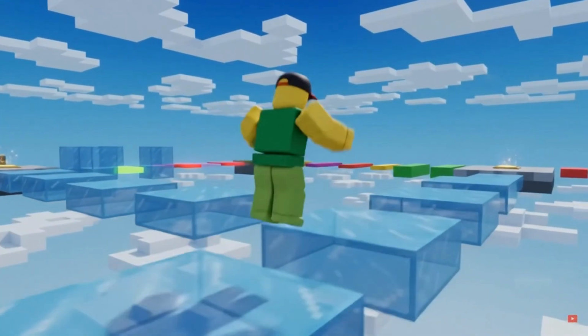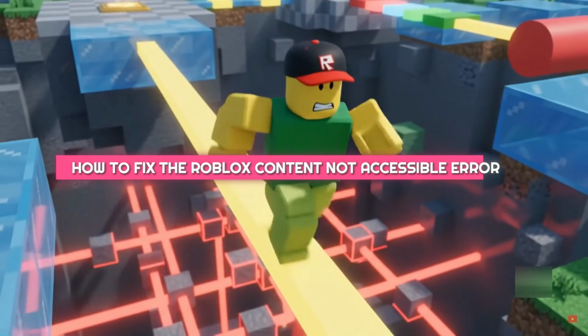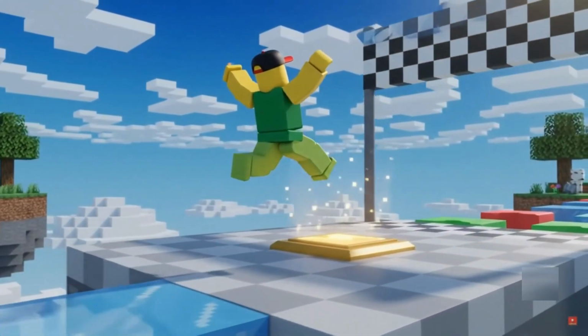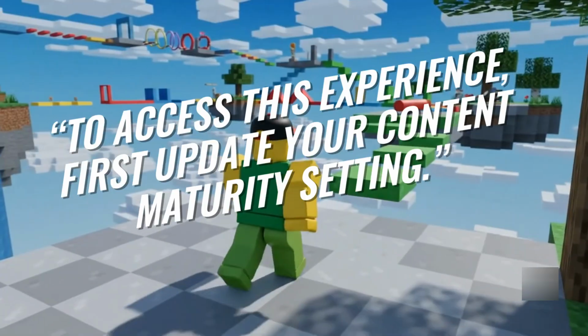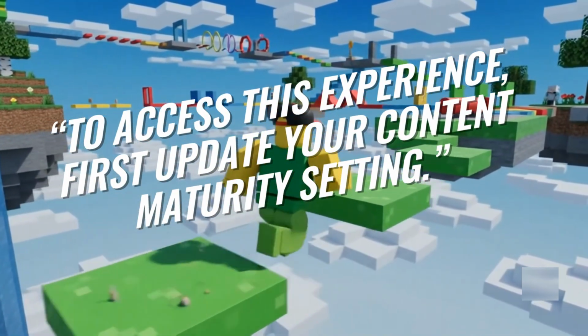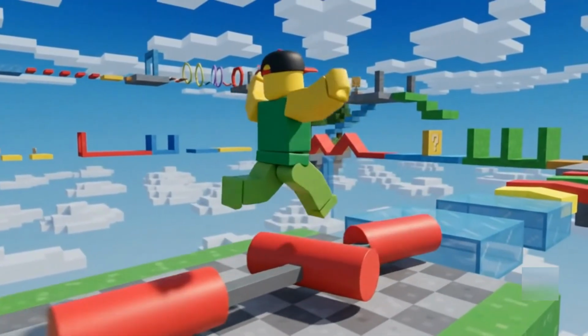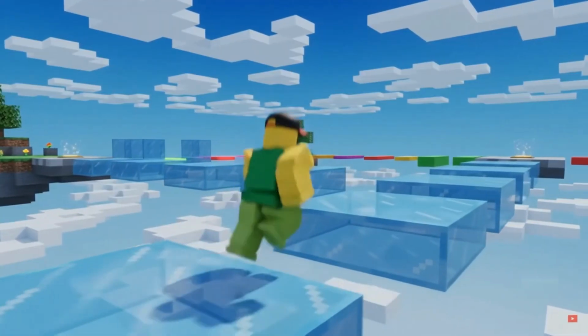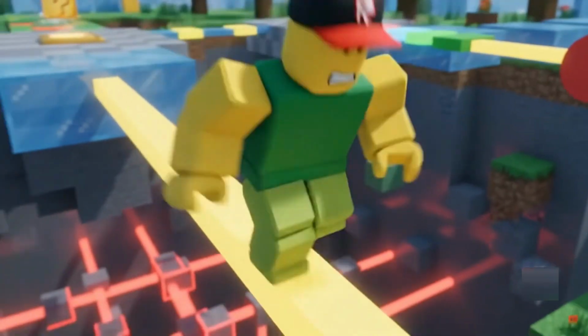Hey guys, today I'll show you how you can fix the Roblox Content Not Accessible error. So let's get started. If you're trying to join a Roblox experience and you see a message saying that the content is not accessible or that you need to update your content maturity settings, don't worry. This issue is usually caused by your account's privacy or content settings and can be fixed in just a few